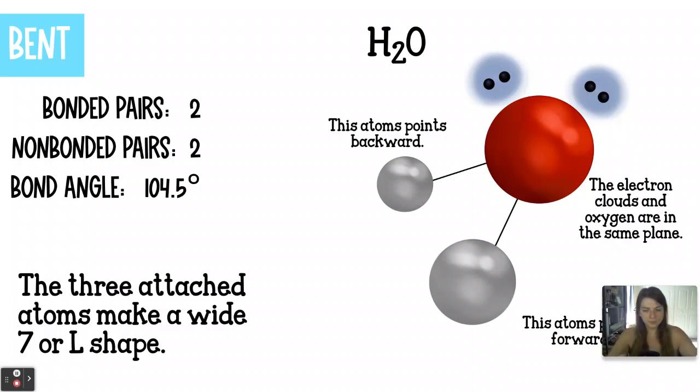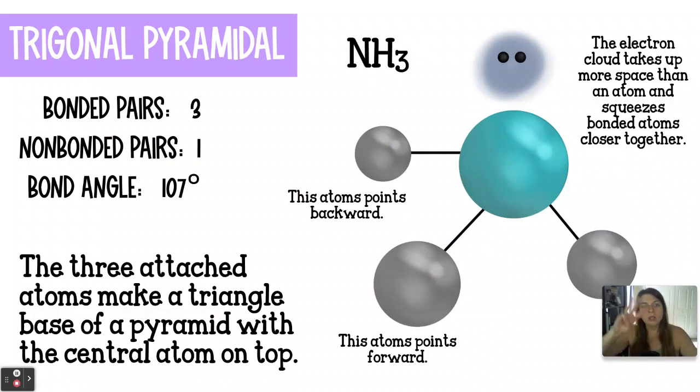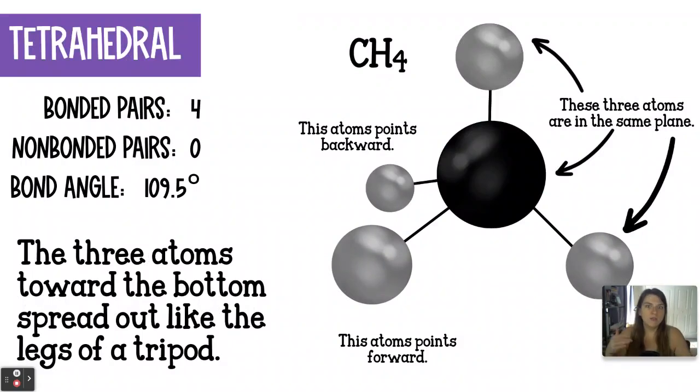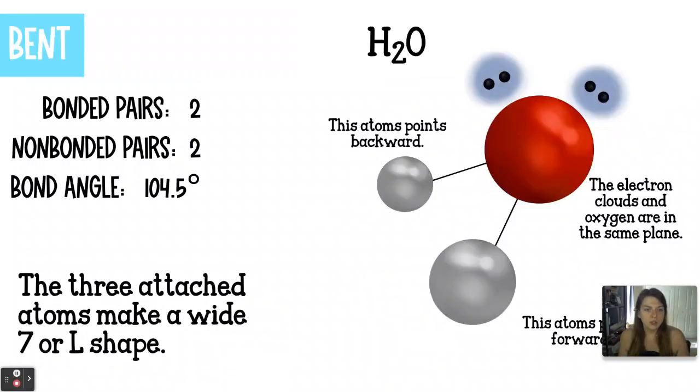or in tetrahedral. So the reason that these three shapes are often compared is because I call them electron spots. There's 4 electron spots in total. In a bent, 2 of them are bonded and 2 of them are non-bonded. In trigonal pyramidal, 3 are bonded and 1 is non-bonded, but they total 4 bonding spots, right? And then here we have 4 and 0, 4 bonding spots. So these 3 are often related to each other, and you'll see a lot of questions about that bond angle being squished together by the lone pairs. Water has 2 lone pairs, so it is able to squeeze the hydrogens even closer together than you could in